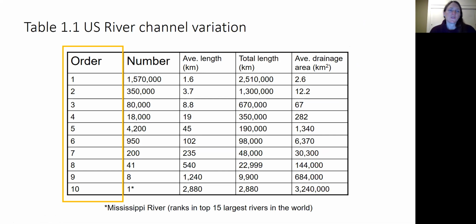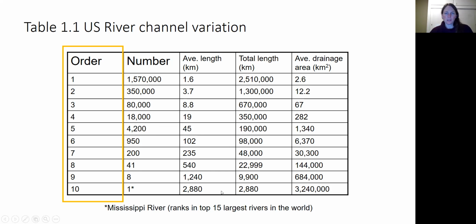Here you can see the stream order going from 1 to 10. And there's only one 10th order stream in the US, that's the Mississippi River, and it is in the top 15 in the world. But you can see that the number of these streams decreases dramatically as